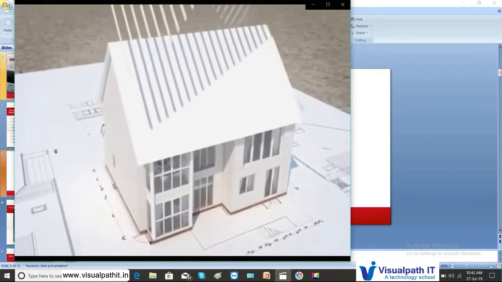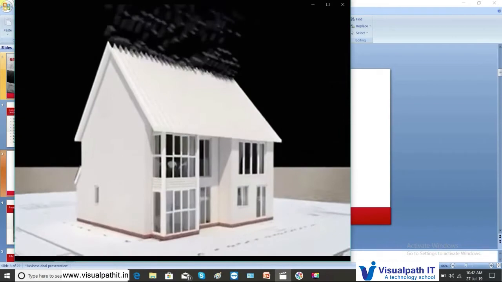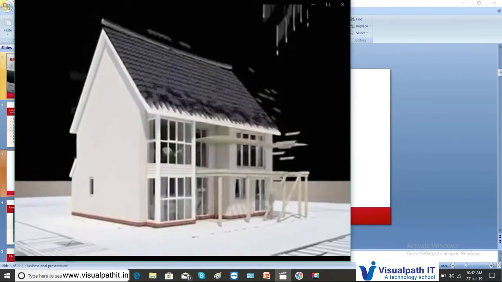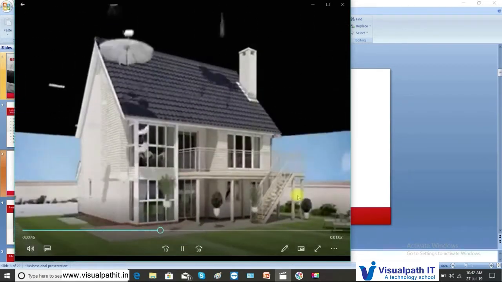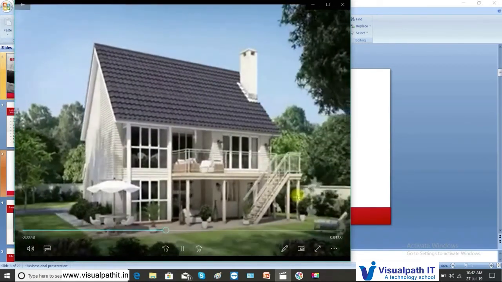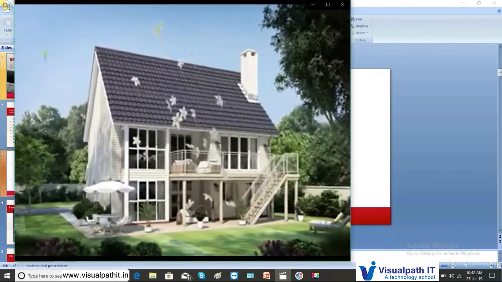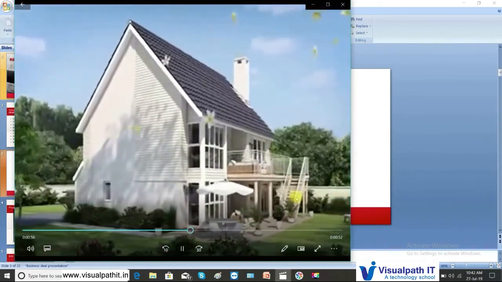The next thing you are going to see is animation, which is not a part of Revit, but a walkthrough can be done in Revit. Now this is the animation. Now the flowers will come and all the birds will chirp. You can see the flowers are moving. Animation cannot be done in Revit, but you can see the camera moving around the building.